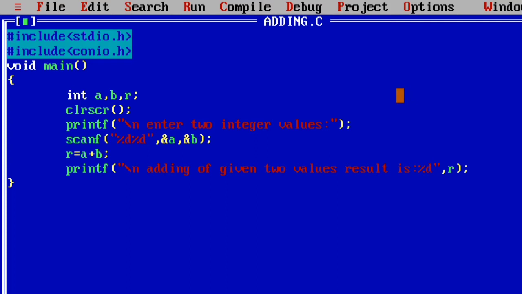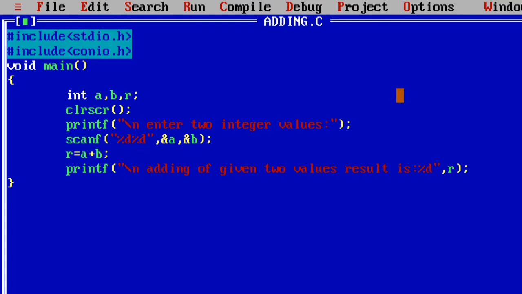Generally each programmer must code programs in the view of the user only. According to the user requirement, the programmer codes the C program.